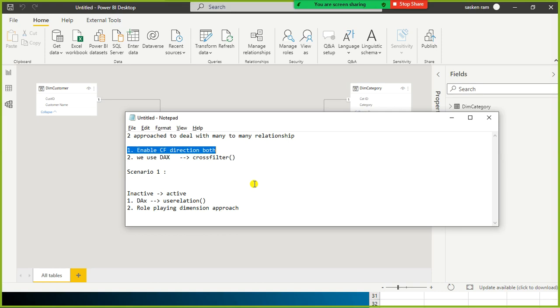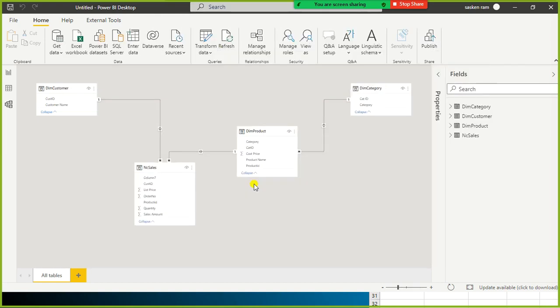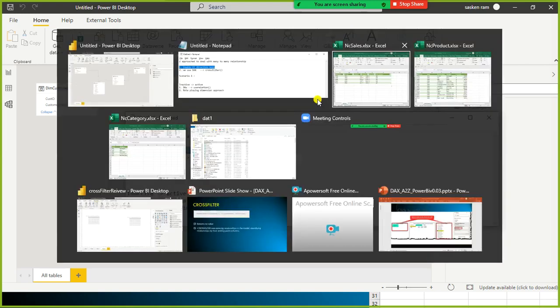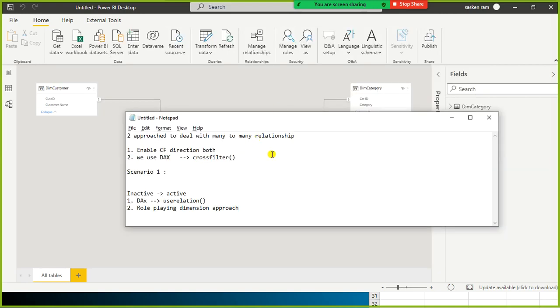Sometimes it may not be accurate either, because multiple tables got enabled with bidirectional relationships. It is better not to use the manual way of setting this. Instead, you can enable the filter direction as both programmatically using the CROSSFILTER function. That is the best practice.